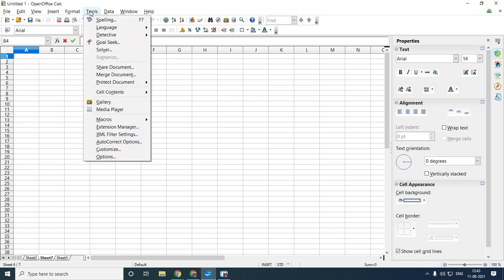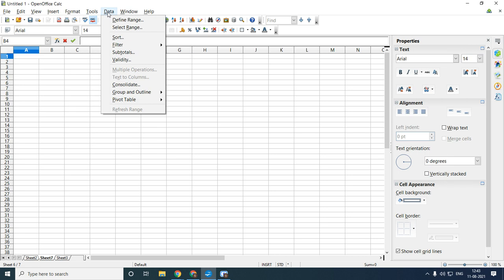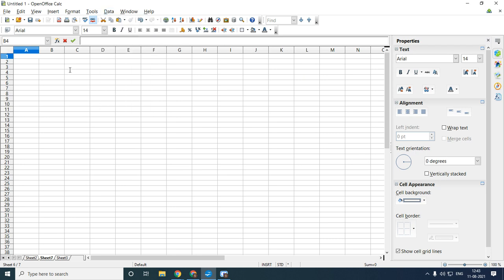For goal-seek, I chose this tools tab. So they will ask which tab we have to use to choose goal-seek. If you want to find the solver, which tab am I going to use? These are different tabs like tools, data and so on. If you want to perform consolidation, I use this data tab. If I want to find subtotals also, I use this data tab. So they will ask about the different tabs in MCQ questions.